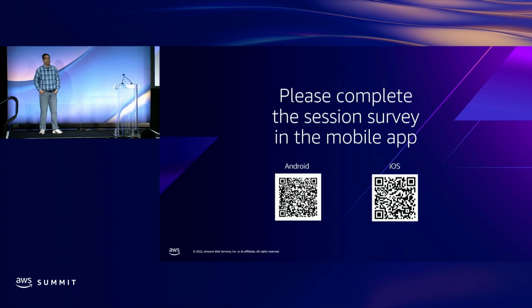Other questions? What is the difference between creating an image for an instance or taking a snapshot of the instance? Your question is, what is the difference between taking an instance level snapshot versus taking a volume level snapshot? Well, no, creating an image versus taking a snapshot.